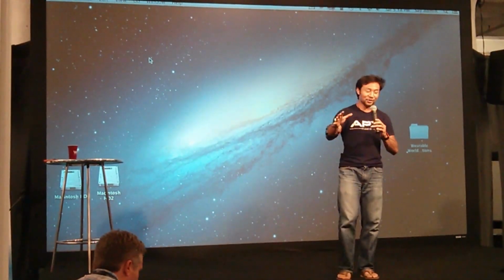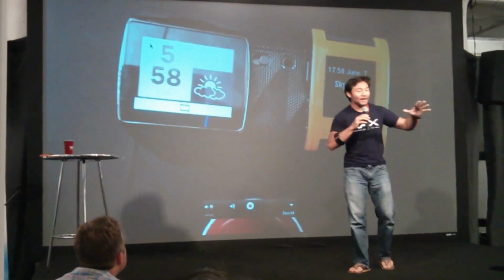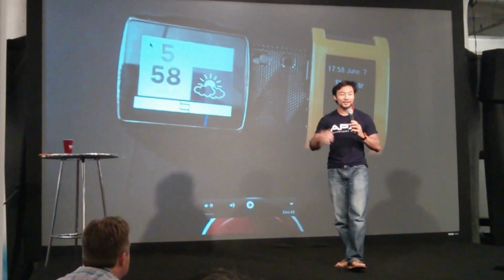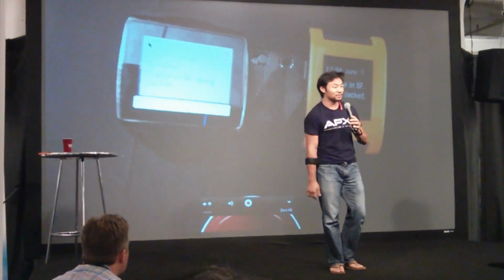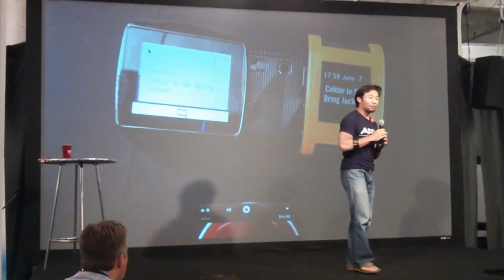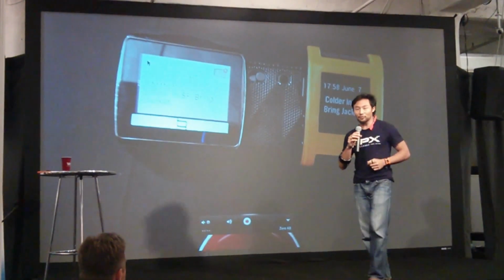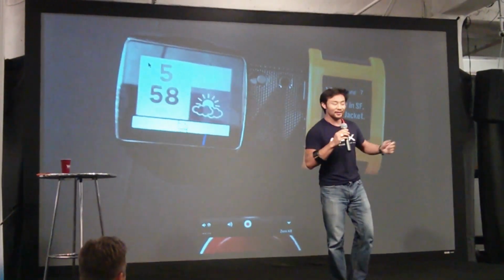So, I'm going to take you on a journey. We're going to go through the whole flight experience: pre-flight, mid-flight, and post-flight. So let's get started. Imagine you're at home. We have an interesting notification that comes up that says it's 3 hours before your flight. We actually took Concur's API and Weather Underground, and we say, oh, you know what, it's going to be about 10 degrees colder where you're going, so maybe you should wear a jacket.